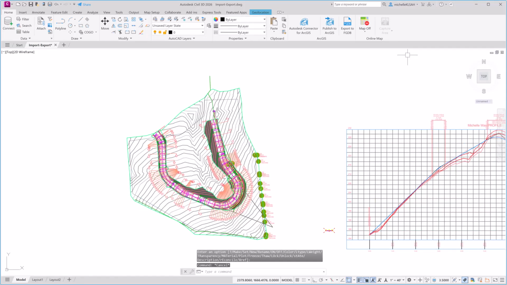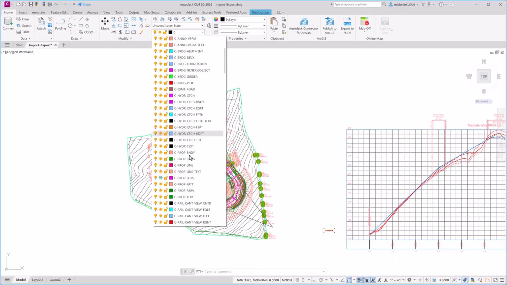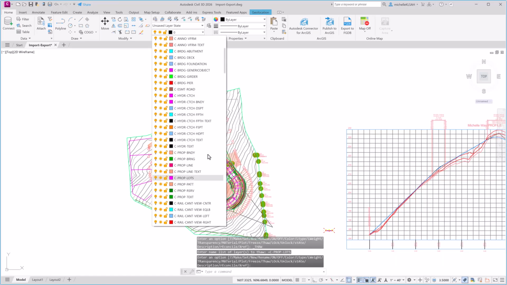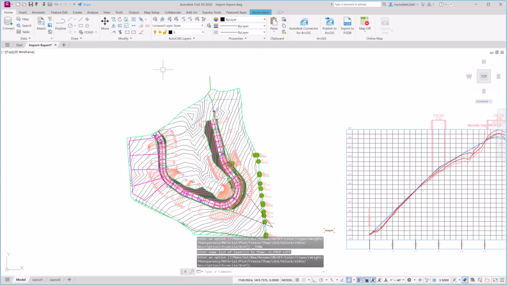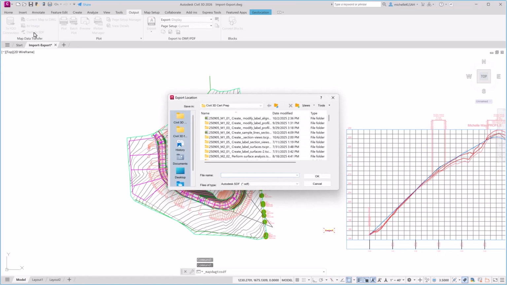At the end of the project, if you would like to take the parcels that you've developed and export them out, you'll make sure that you have the right layer on so that you can see them. Then, on the Output tab of the Planning and Analysis toolspace, you'll go to the Map Data Transfer panel and click DWG to SDF. And while I could export them as SDF, I'm going to change my file type to a shapefile